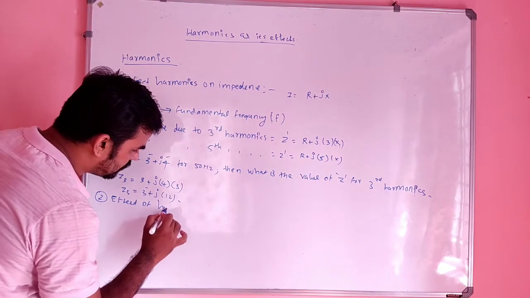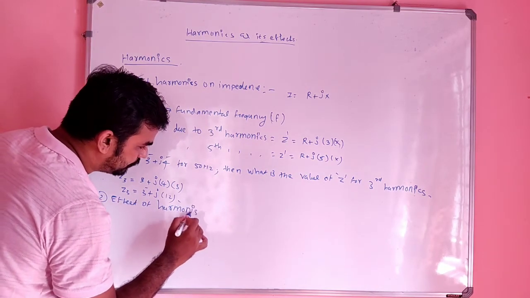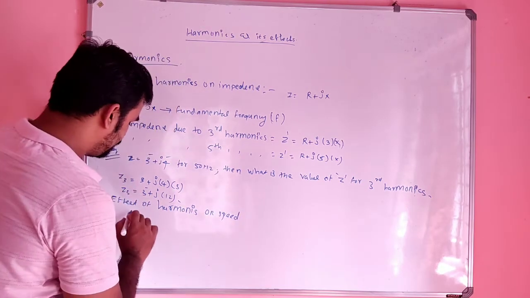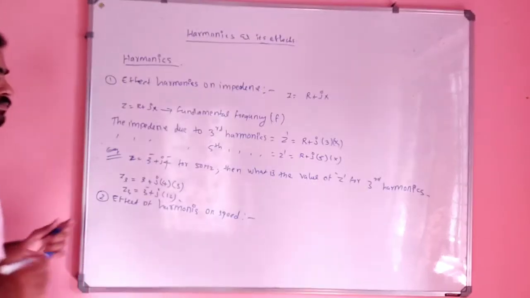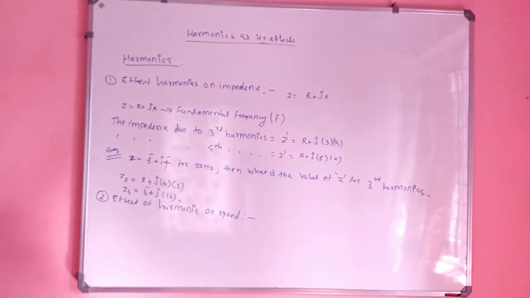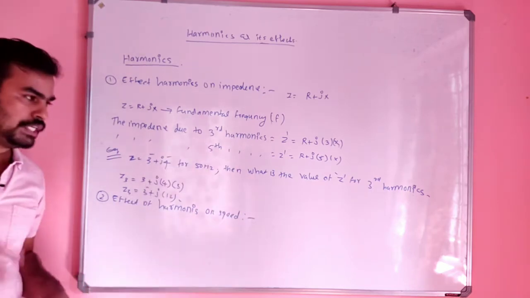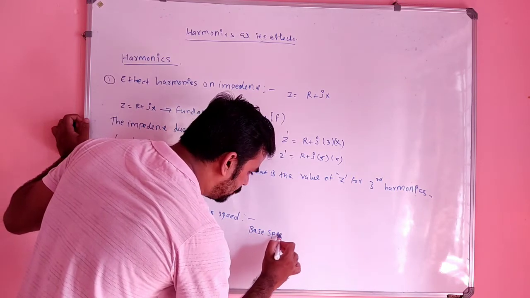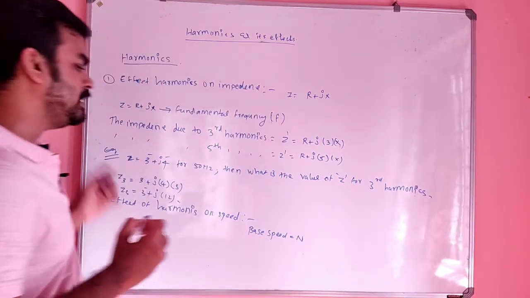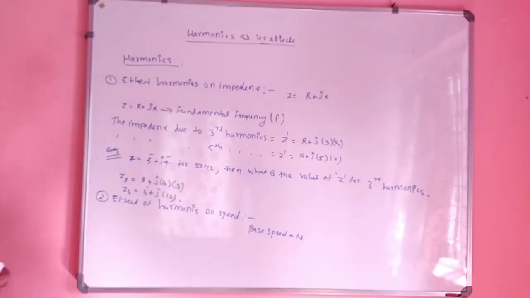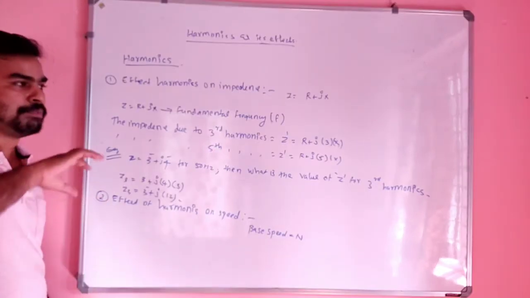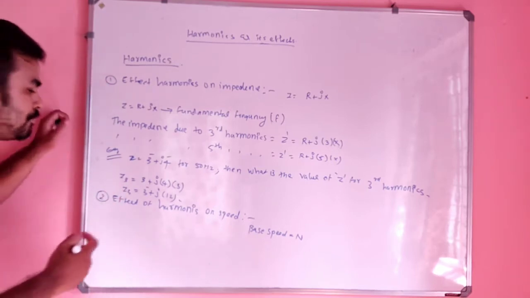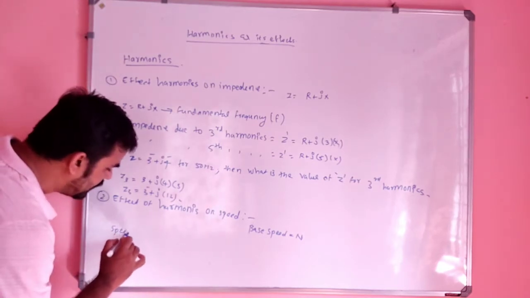the effect of harmonics on speed. Let a machine be operating at a base speed or rated speed, equal to capital N. Suppose there are some harmonics and we have to find the speed of the motor or machine